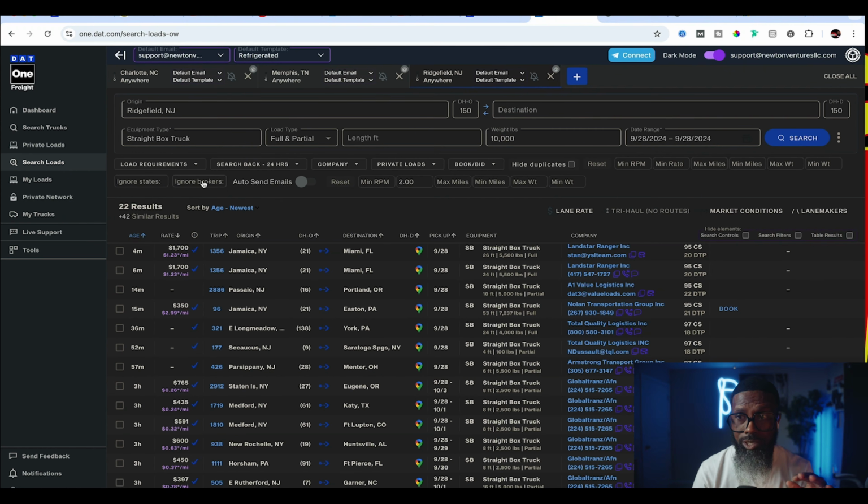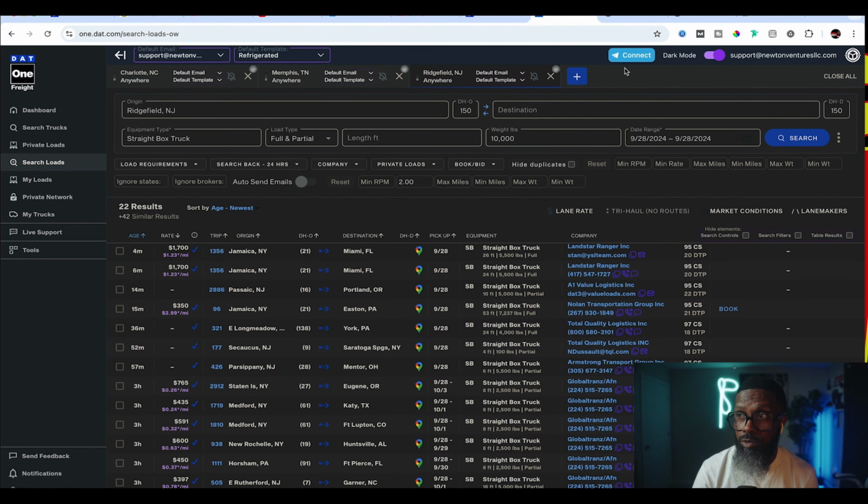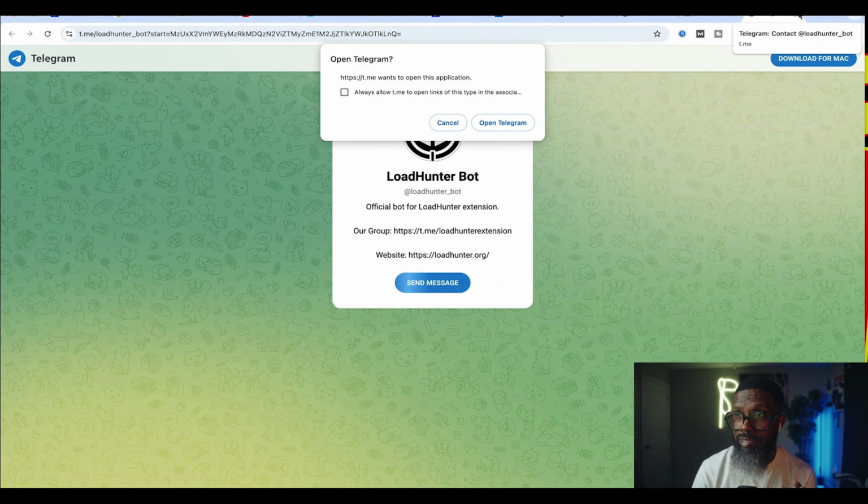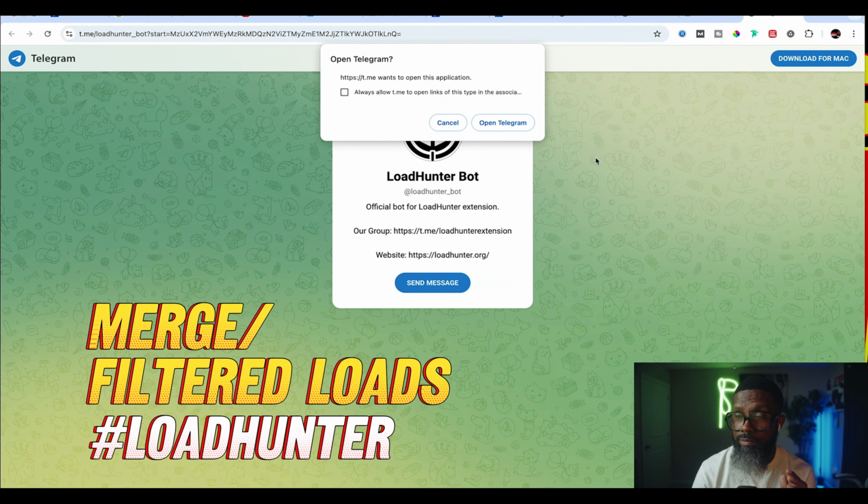I love that feature. Ignoring brokers, that's probably my number one feature on here. Here's another game changer. You see this little blue button up here? If you have a Telegram account, this will allow you to connect. I'm going to click it for right now. I don't have mine set up right now, but if you have a Telegram account, this will allow you to